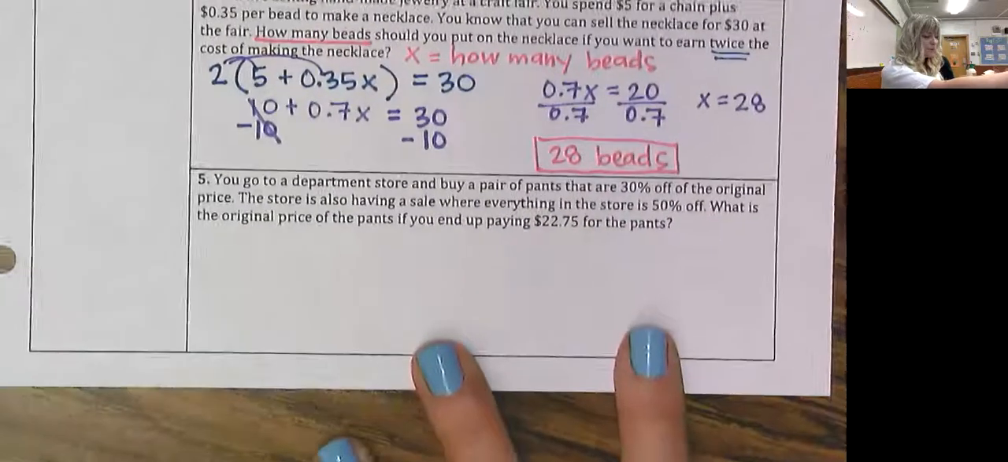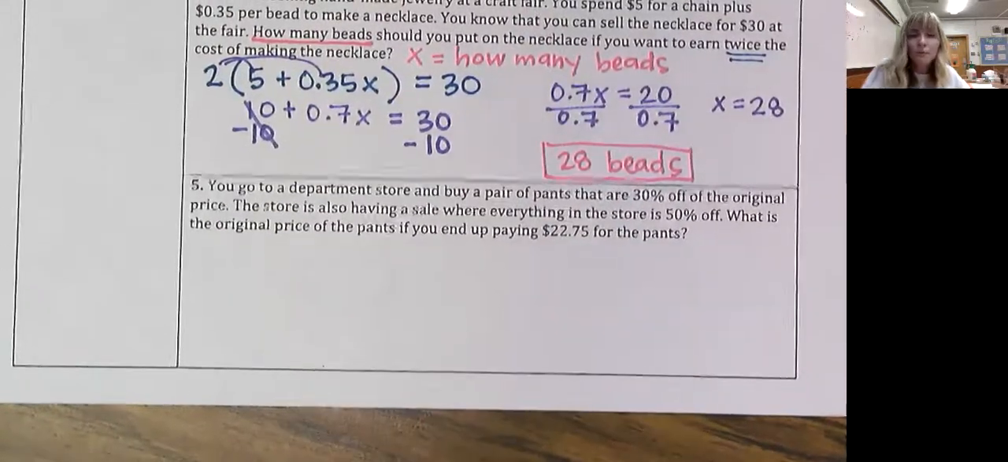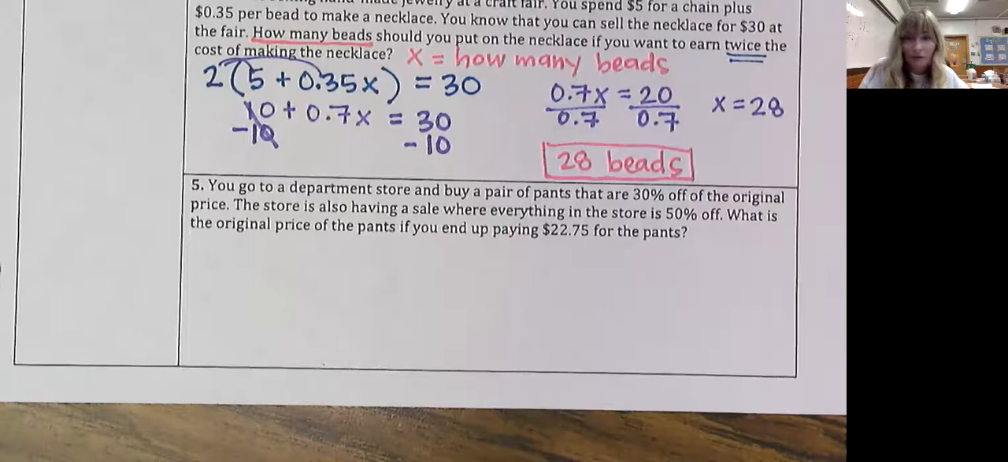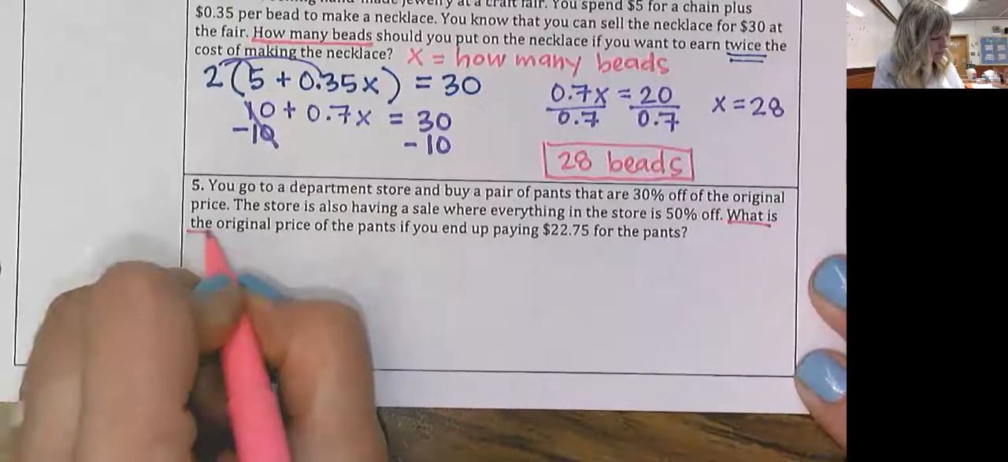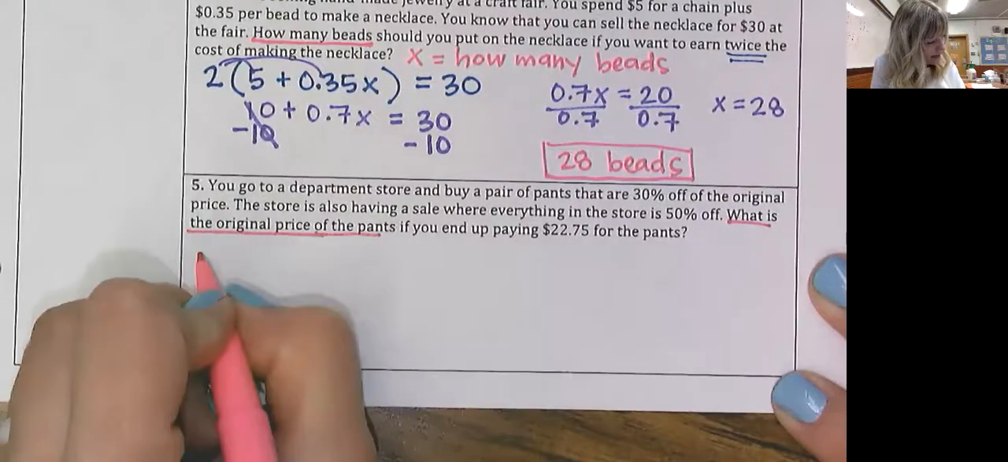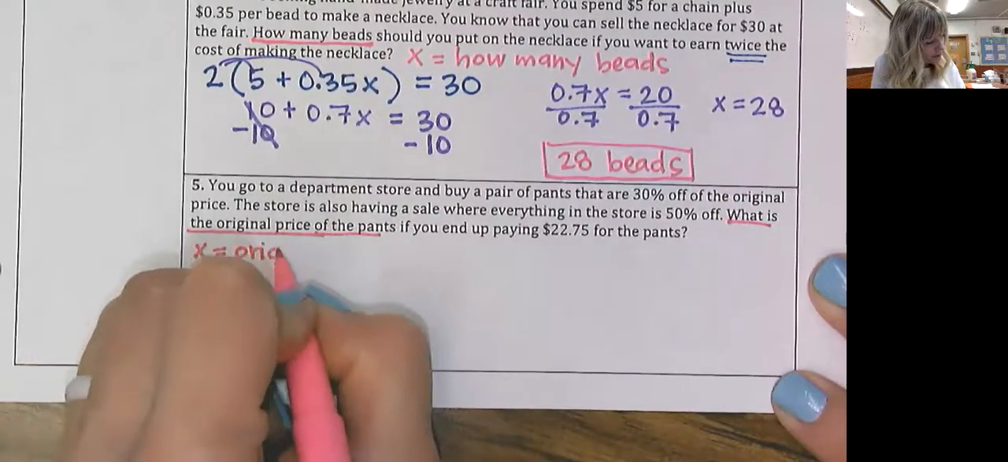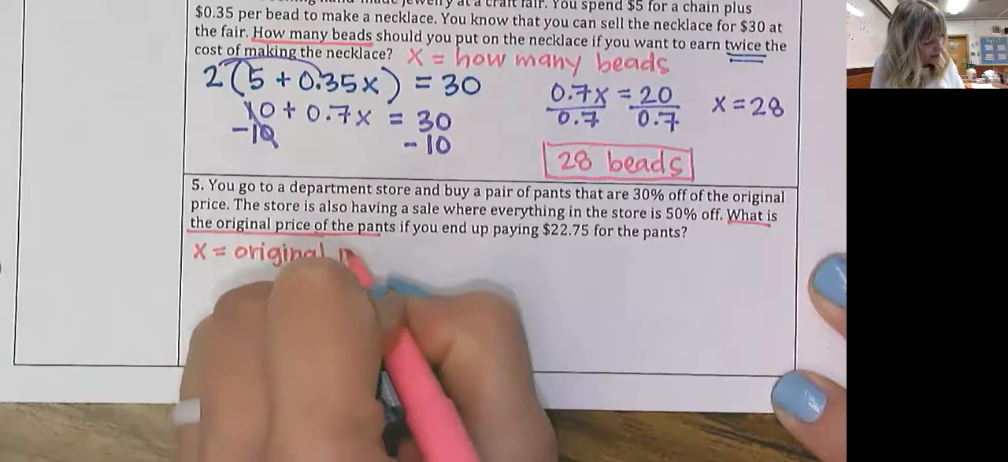All right, last one. You go to a department store and buy a pair of pants that are 30% off the original price. The store is also having a sale where everything in the store is 50% off. What is the original price of the pants if you end up paying $22.75 for the pants? Okay, well, here's one thing I'm sure of. What is the original price of the pants? So x equals original price